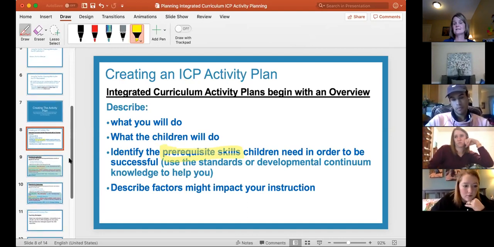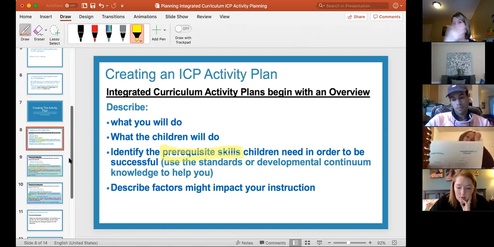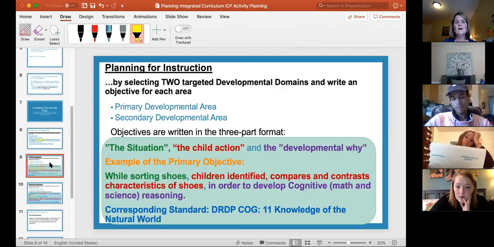The intention of the activity. This should sound a lot like your BOW, right? You've got your BOW. Here's the concepts. Here's what we're going to learn about. Here's what children are going to do. Here's what teachers are going to do. Sounds pretty familiar, right? All right, so now we're going to go to